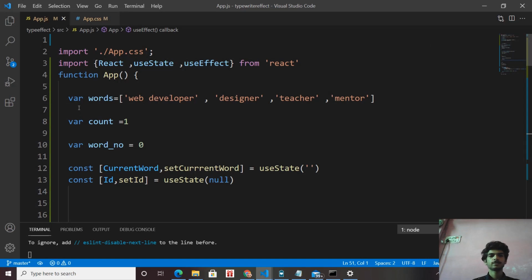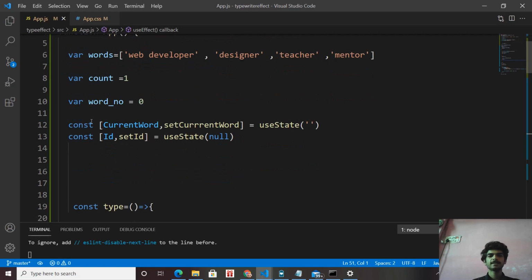The last thing I want to tell you, if you are thinking why we have two variables that are the variables of state hook, and these three variables are simple variables. What is the reason I have defined two variables with the state hook? Because the first variable, that is current word, is going to affect the screen. It is going to print the value of characters.